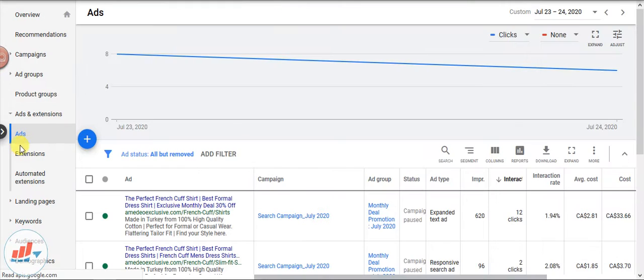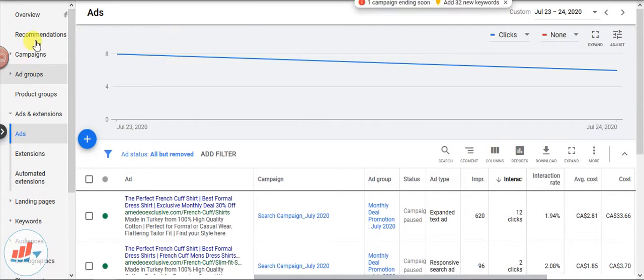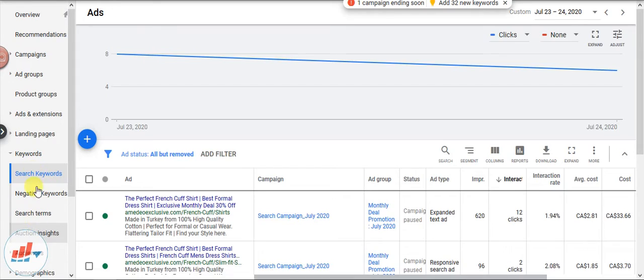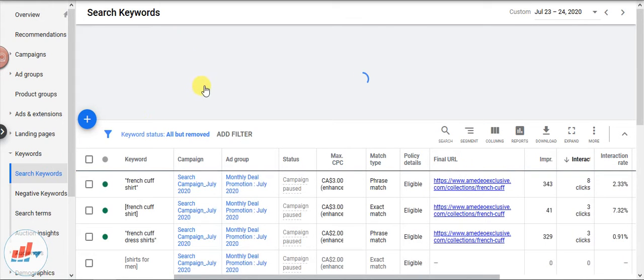Now let me see if we can see an ad preview, like if we can preview any ad. If there are any chances to add the search keywords, let me check.